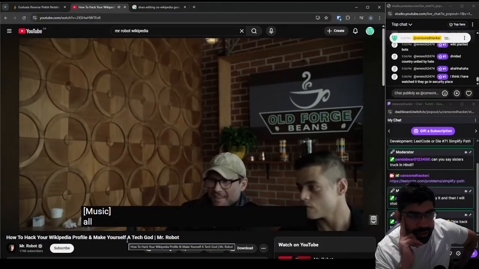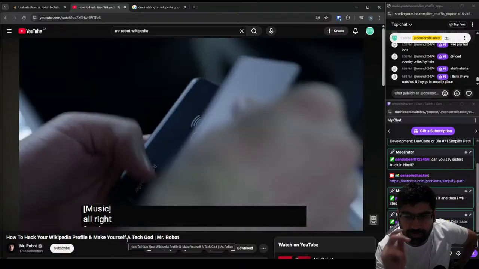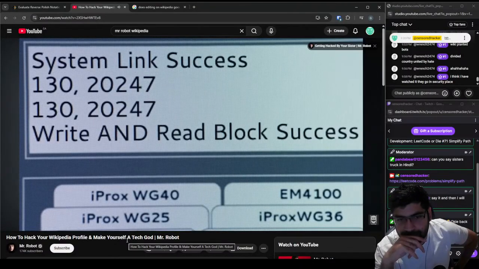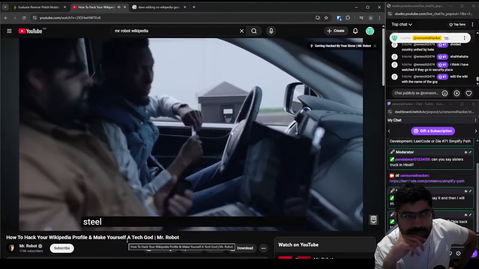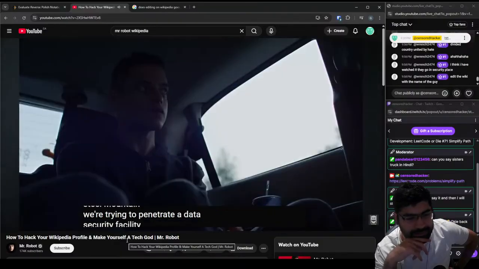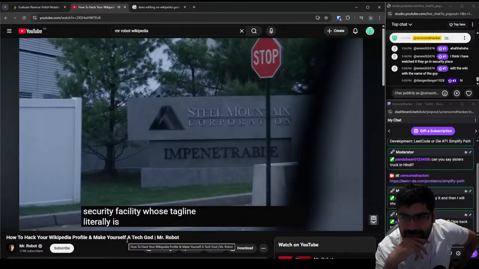So he did the card reader. He scanned the card. This employee's card. Steel Mountain. We're trying to penetrate a data security facility whose tagline literally is,